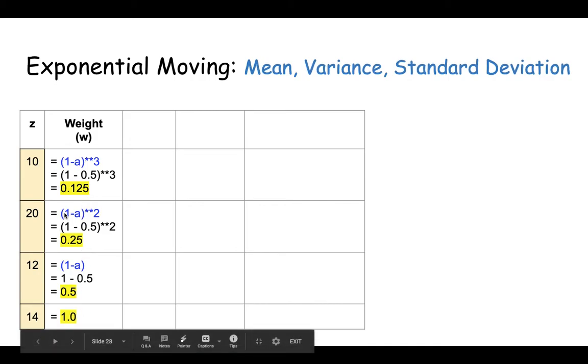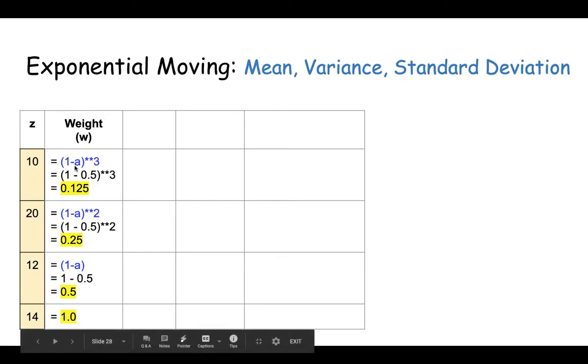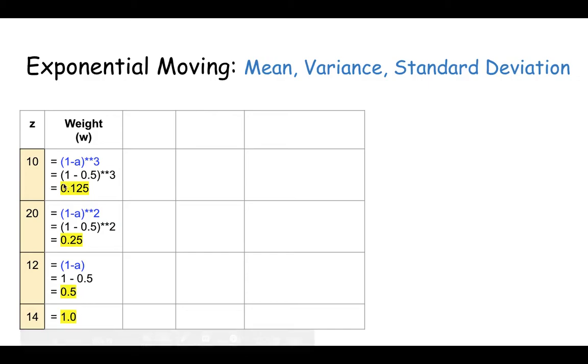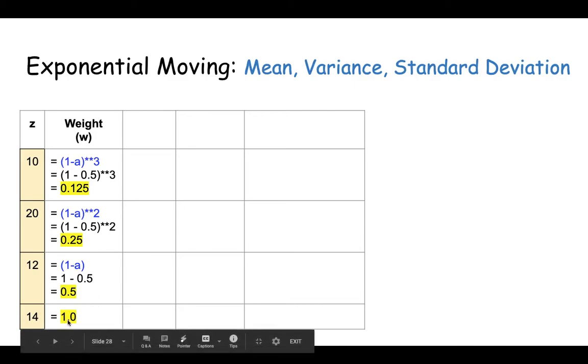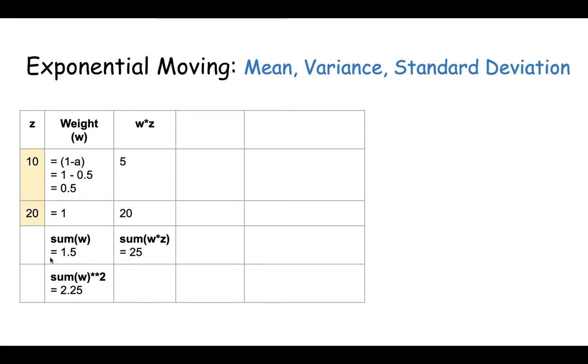And so the weights would be 1.5, 0.25, and 1.25. As you can see, we still have the last data point, except that we have now reduced its weight to just 0.125, and we give higher weight to the most current data points such as 14 and 12. As a next step, what we want to do then is for the first two data points that we had